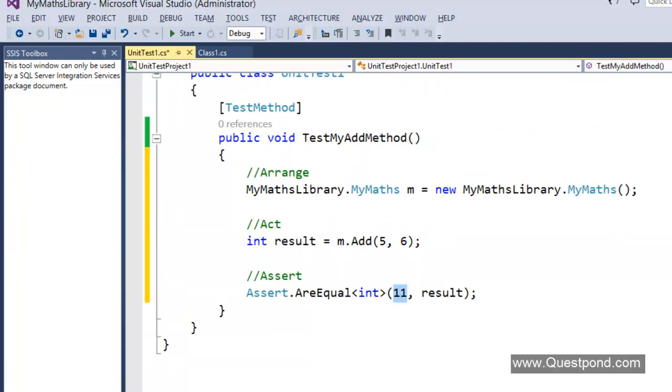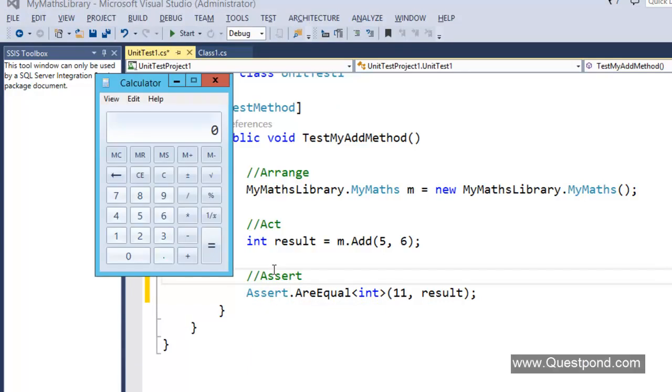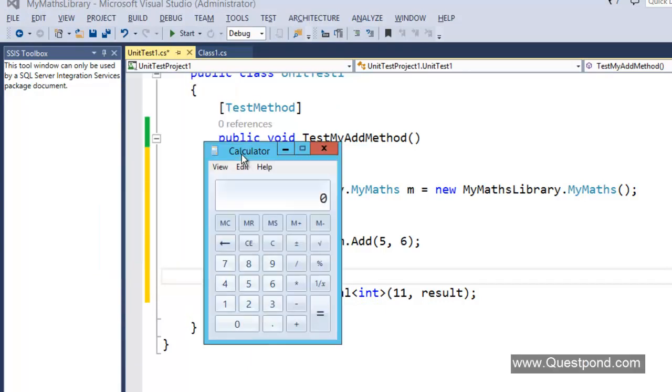Now you may be wondering, if we are passing everything hard coded here and if you are comparing it with a hard coded value, how does this test method become actually usable? Now don't worry about that. Let me give an example. Let's say you have created this calculator by your own, and you want to test this calculator in a manual way. So what you will do, you will go and put some values. I'll say 5 plus 3. Now how will you make sure that your calculator is actually working? You will think that if I get 8, that means my calculator is proper. Let's check. Let me press equal.